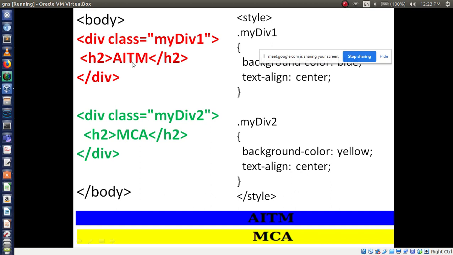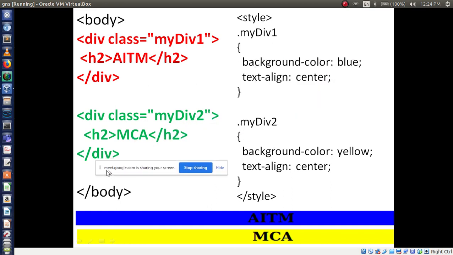Then I am printing here IITM. Then second division, class name I have given my division 2. Right, here I am displaying MCA. Then coming to this, which kind of style sheet is it? Inline, document level, or external?